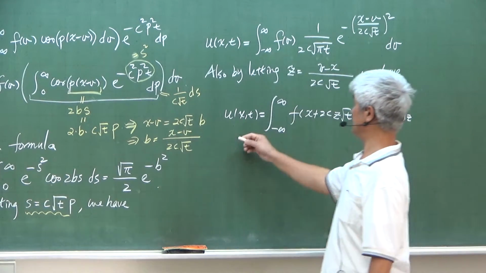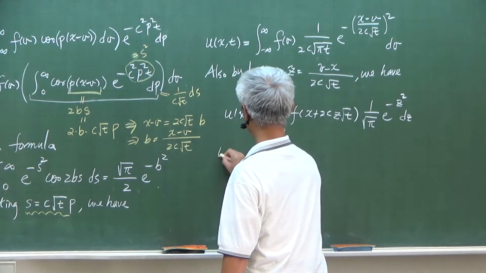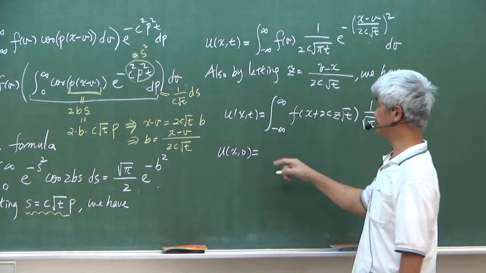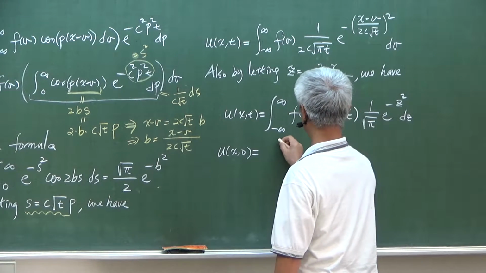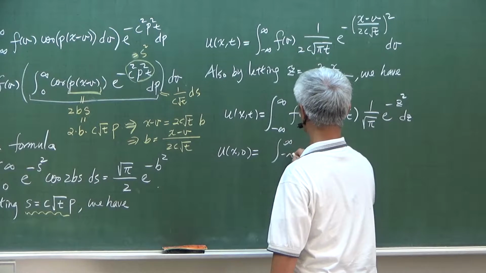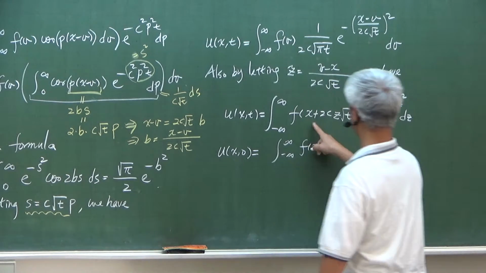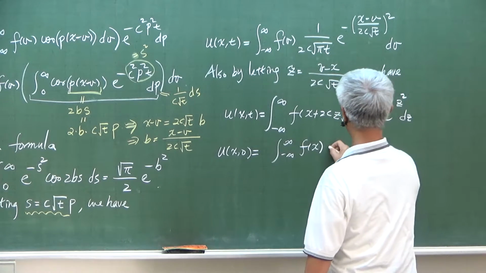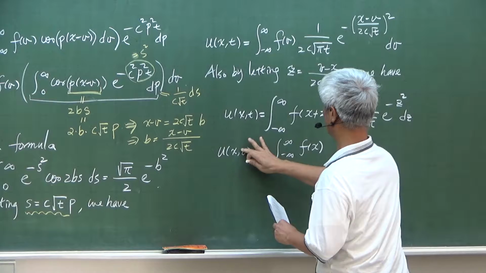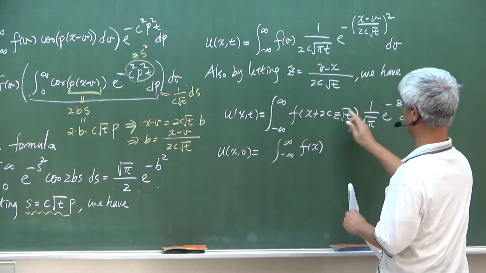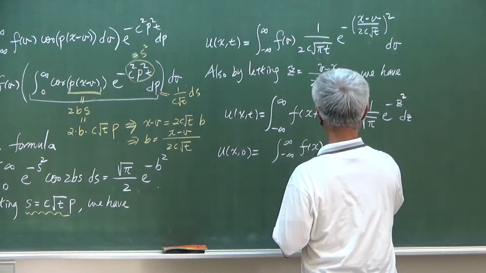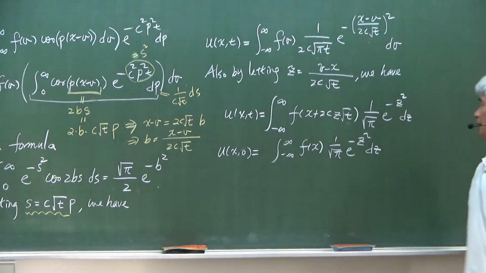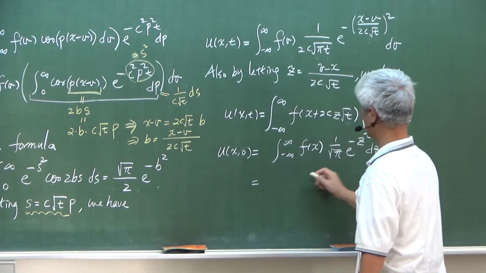Why? Well, you see, u(x,0), right, is equal to, so you have f of x here, because when z is 0, this is 0, and when t is 0, this is 0, okay. And 1 over square root of pi e minus z square dz. Okay. All right, and so this is independent of